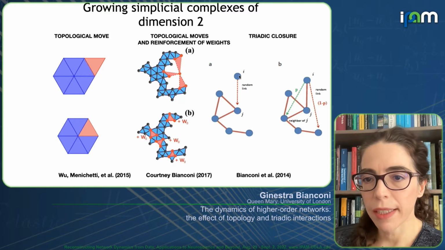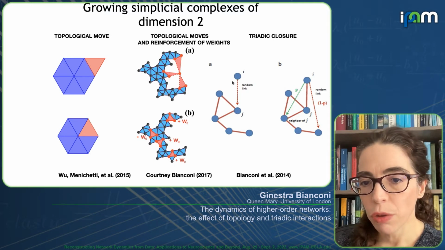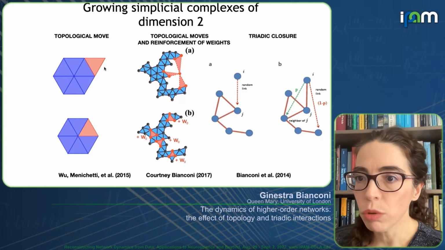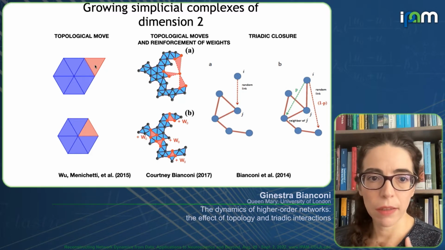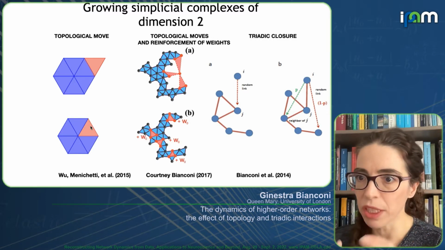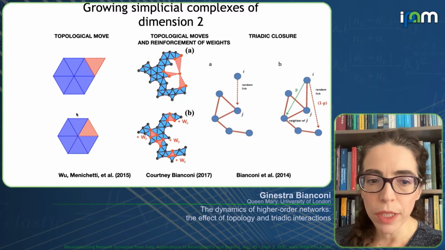Or you can have a triadic closure model, a node attaching to a random node and then closing a triangle with high probability. Or you can have a topological move, in which you add a triangle in this way, choosing a link, or just closing this kind of pie. And if you have just these 2 moves, in which you allow every link to be incident to at maximum 2 triangles,